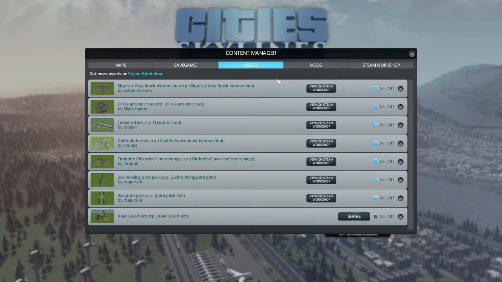And then I have a bunch of assets. They're mostly just road interchanges. And then I have two slim parks. And this is something I made, a real coal power plant, because I was kind of... I don't know if I was talking about it before, but the base game power plant only puts out 40